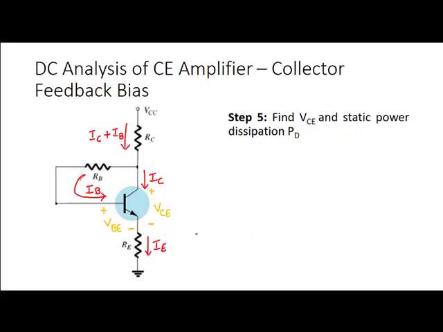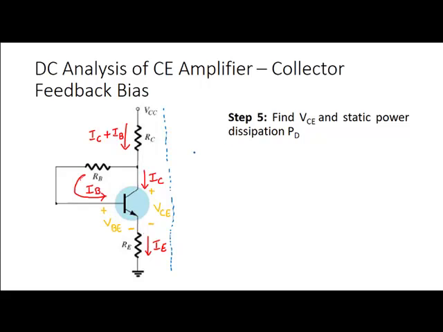Next is to find out the voltage across the BJT, that is VCE. In order to do that, we need to apply KVL to the output side loop, and the path it takes is this. So starting from VCC, voltage drop across RC, then we encounter voltage drop VCE, then we encounter voltage drop across RE all the way to the ground. So this is the path in which we will apply KVL.